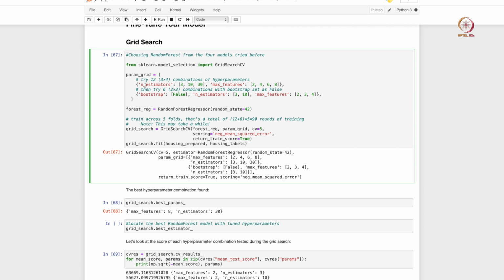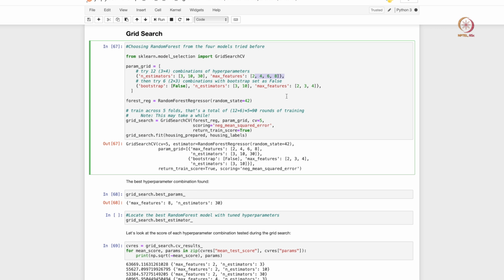So for our random forest, the number of estimators, n estimators, is a very important hyperparameter. So we are defining 3 different values here, right. And also max features is another important hyperparameter, and we are defining 4 different values there. So that's one set of hyperparameters. The other set of hyperparameters is n estimators and max features, but with another hyperparameter called bootstrap set to false, right. Now all of this might sound Greek and Latin to you, but bear with me for now. We will introduce and talk about these hyperparameters a bit more in detail when we discuss random forest models themselves, right.